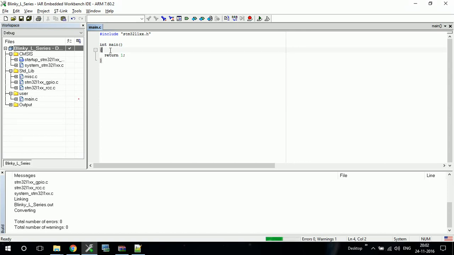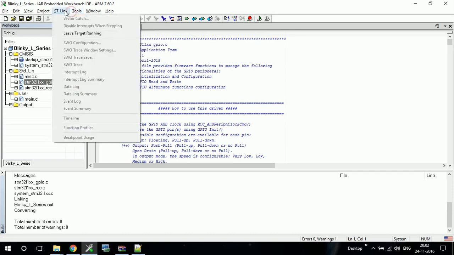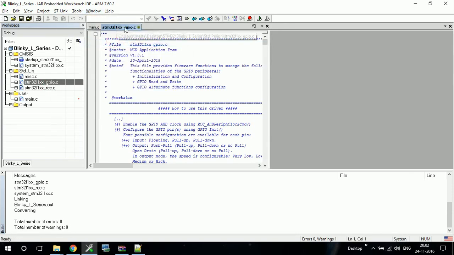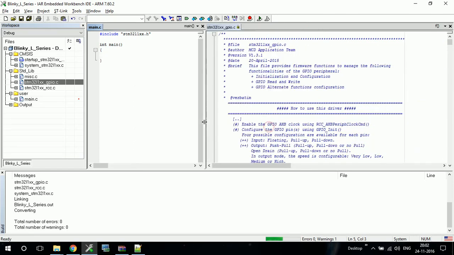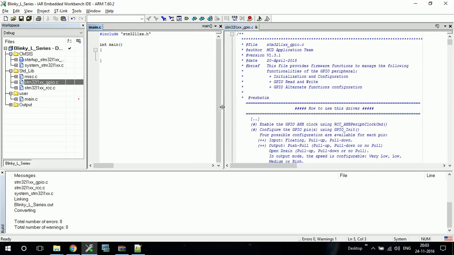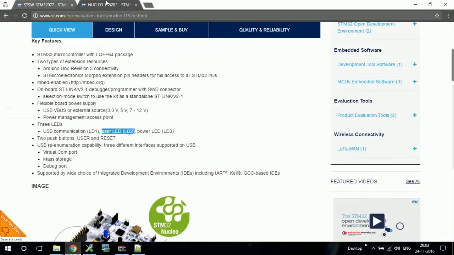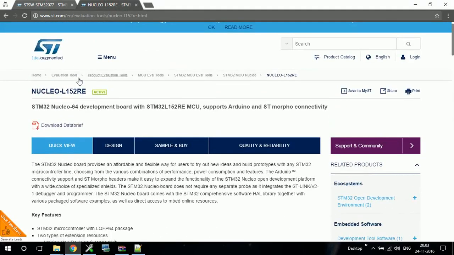So let us write the code for controlling the output of a GPIO pin. For that we will refer to our standard peripheral library. We'll go to this folder and let me divide the window. Okay, so the first thing you need to do is enable the clock for that particular library. Because in STM boards the clock is not directly connected to your peripheral by default, whereas in other boards it will be connected. So you first need to enable that clock for the particular library. It helps in saving power.